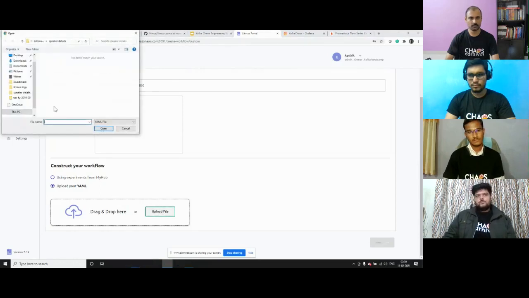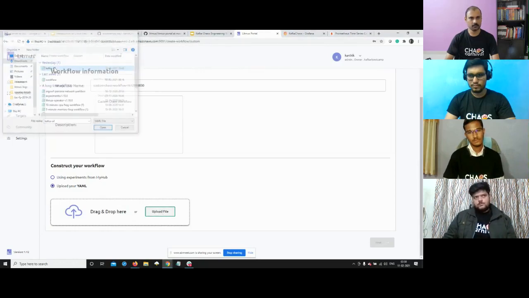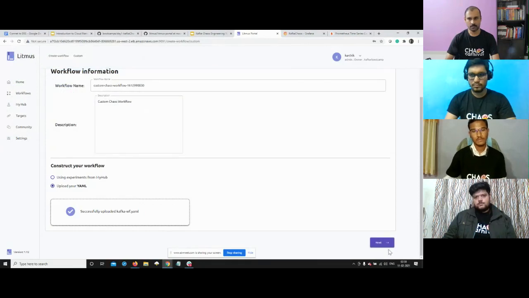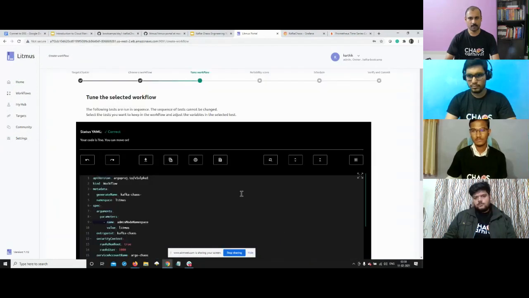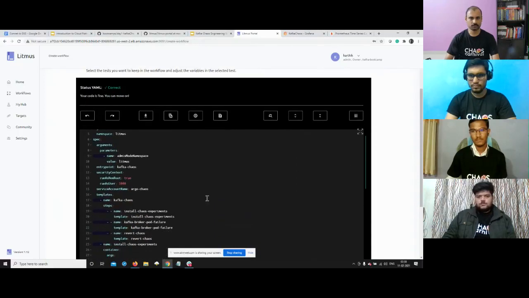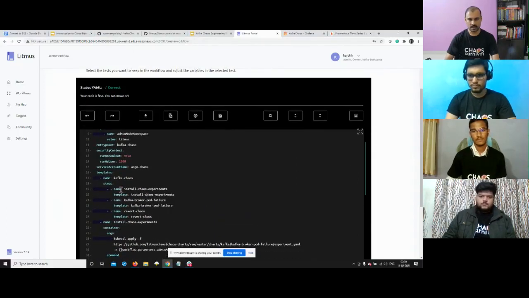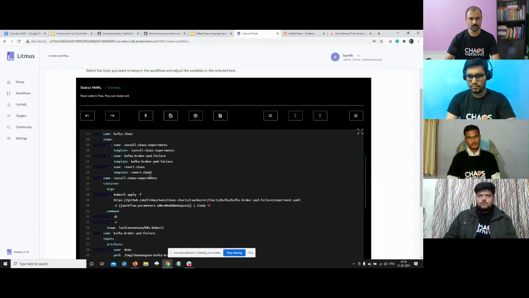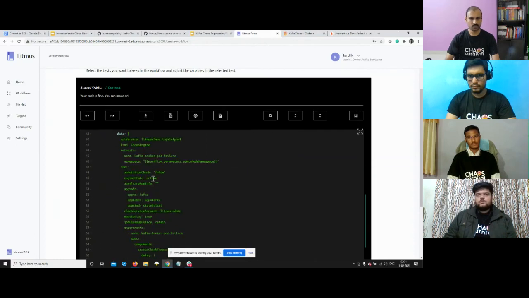So I'm going to upload that file here, and that's available in my workspace. And this is how it's going to look. It has a step to install the experiment CR, then perform the actual chaos via the chaos engine, and then it just reverts it. If you take a look at the chaos engine,